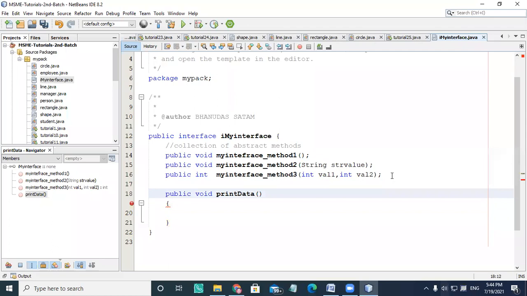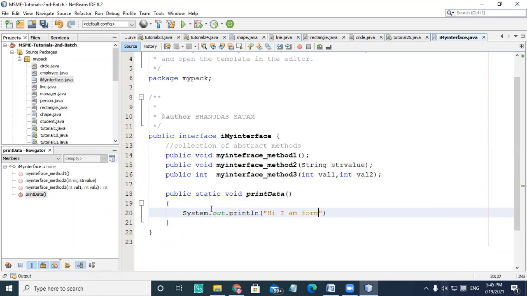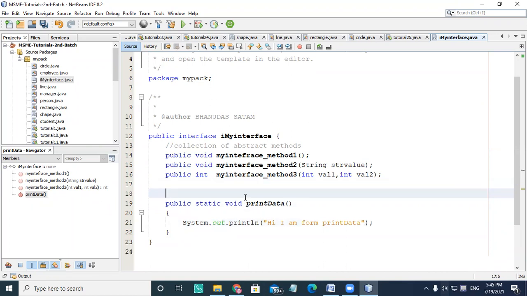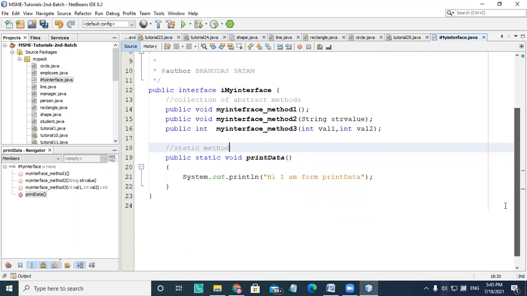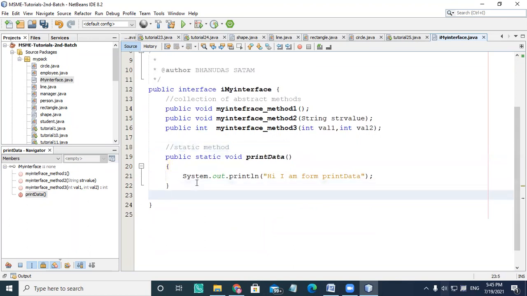I'm using the static keyword here, and I'm going to write a body for it: System.out.println, hi, I'm print data. Okay, so this is my static method, and you can create other methods inside the interface, it's not always abstract methods.